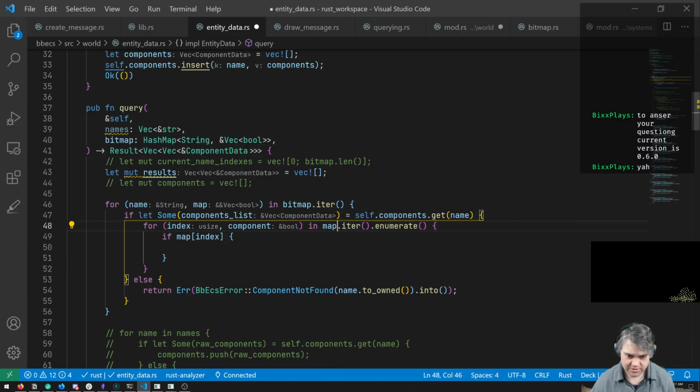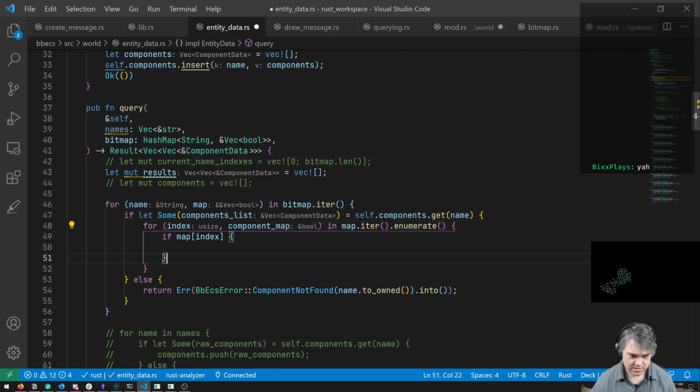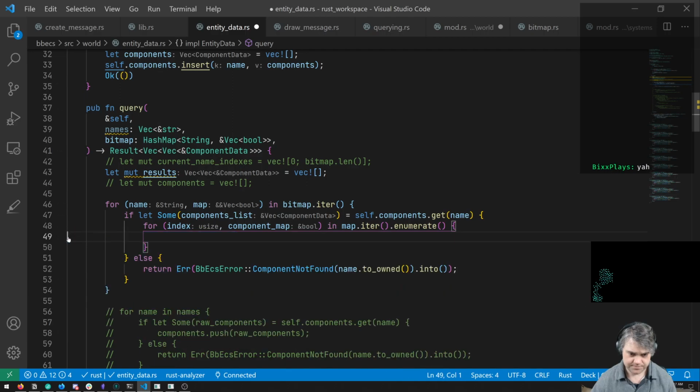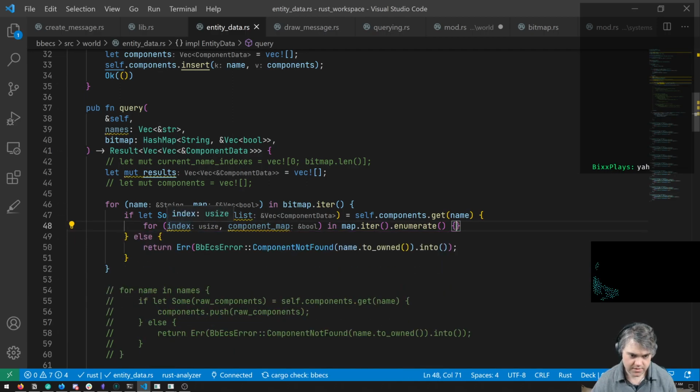So we're going to iterate over the map. So this is the component map, through here and the index of that.